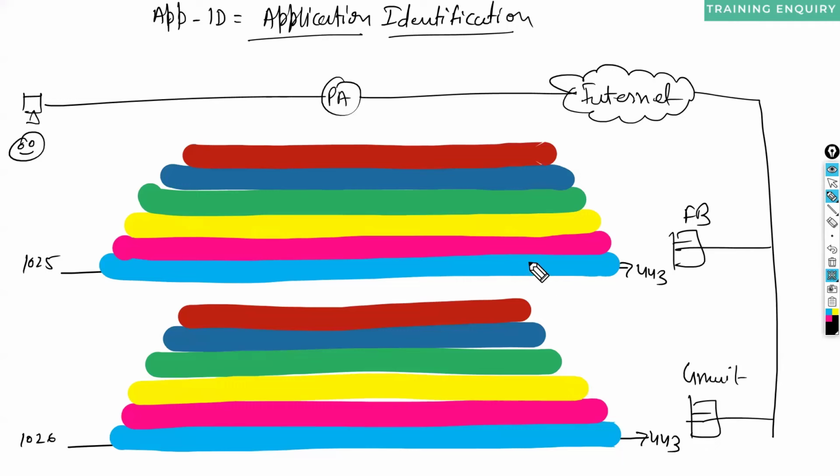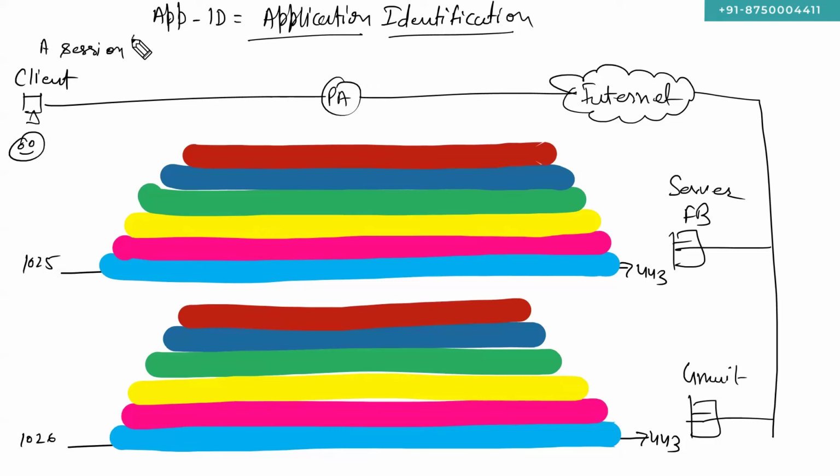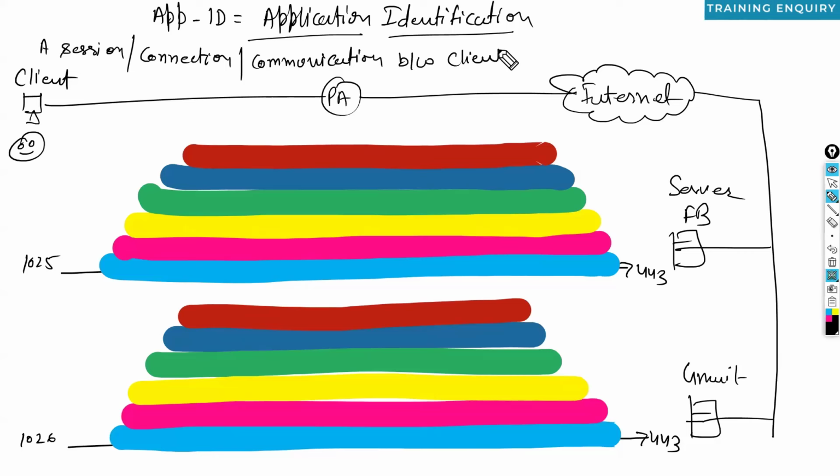So Palo Alto says that when we have a client and we have a server, a session, or a connection, or communication between client and server, which can be identified,